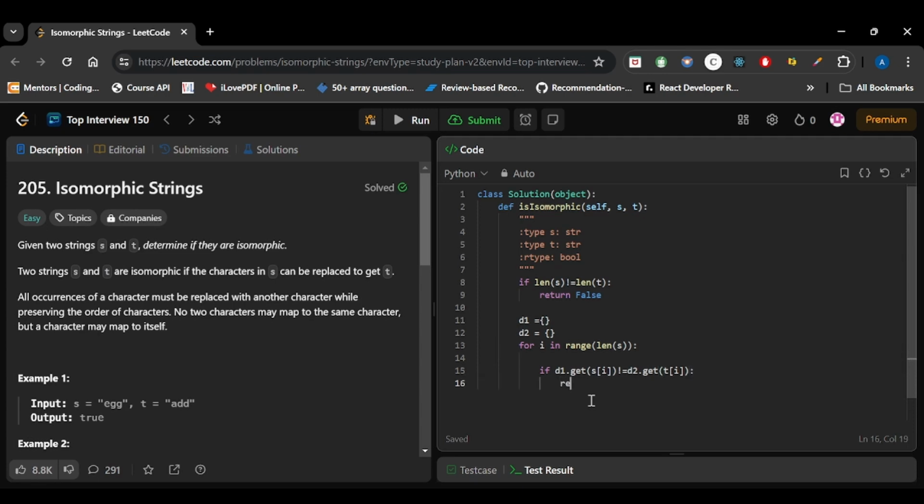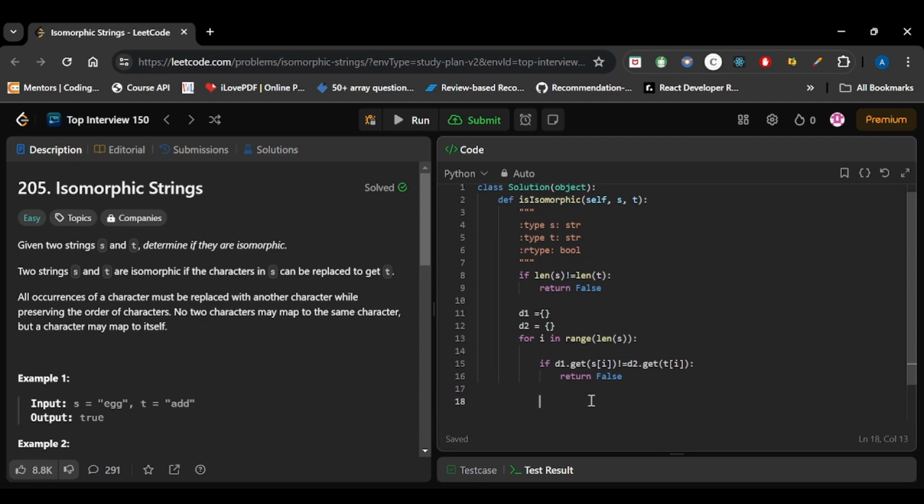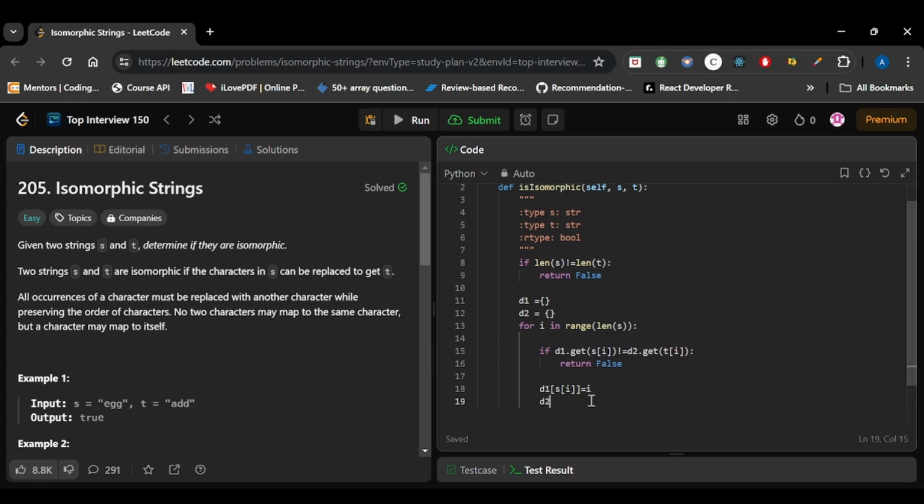And if they are not equal, then we will simply return false. Now after this we will have to keep storing the values. So D1[S[i]] = i, and D2[T[i]] = i.